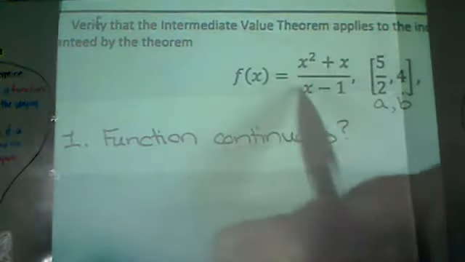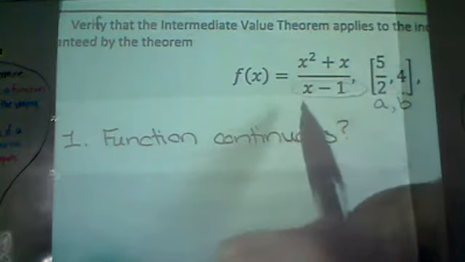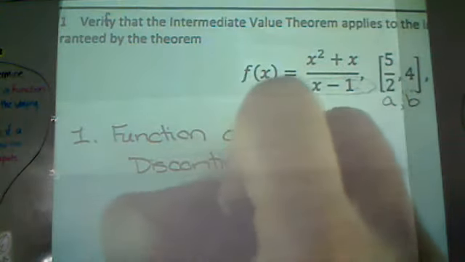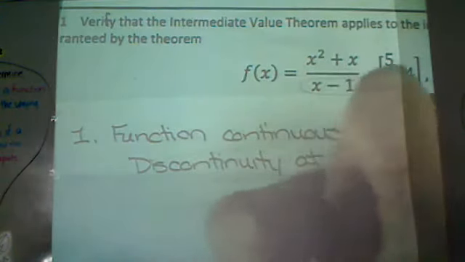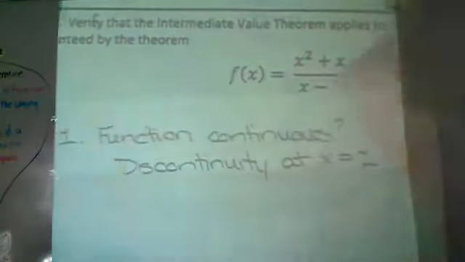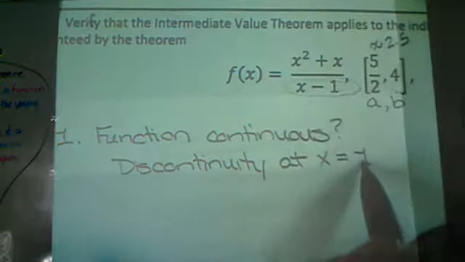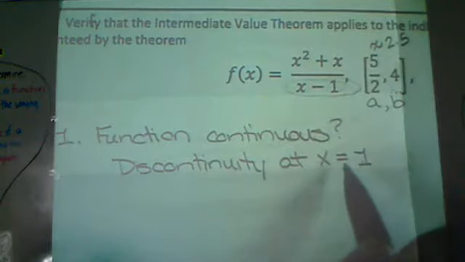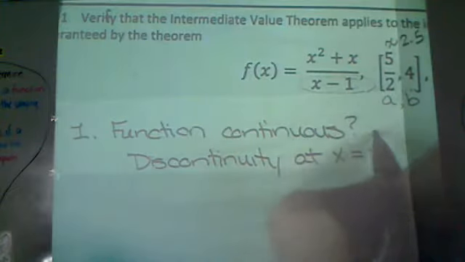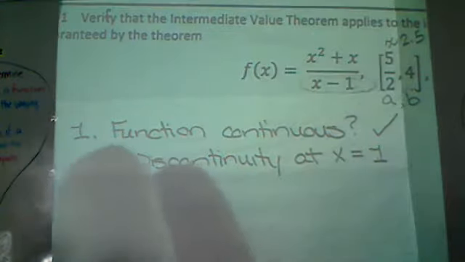Well, if you look right here, the only point of discontinuity is going to be this right here in the denominator, which means we have a discontinuity at x equals 1. 1, though, is outside the interval because this is roughly 2.5. Since 1, the only point in which we have a discontinuity, is not inside the interval, then yes, our function is continuous, and we can proceed. 2,